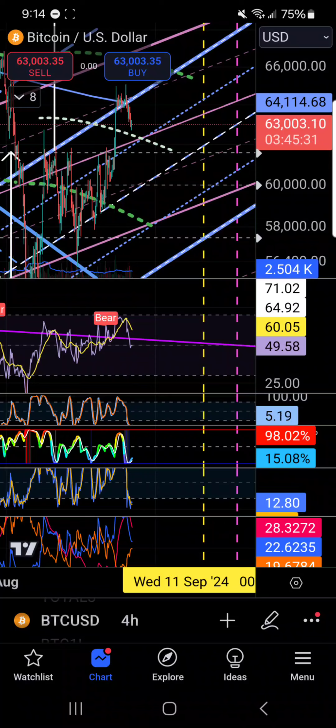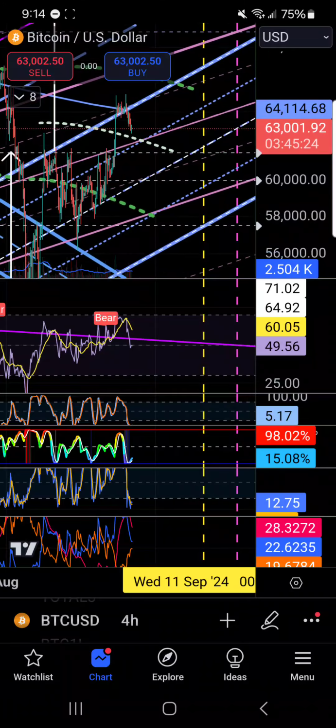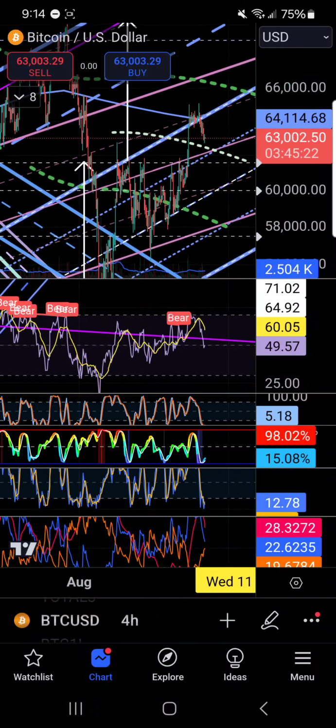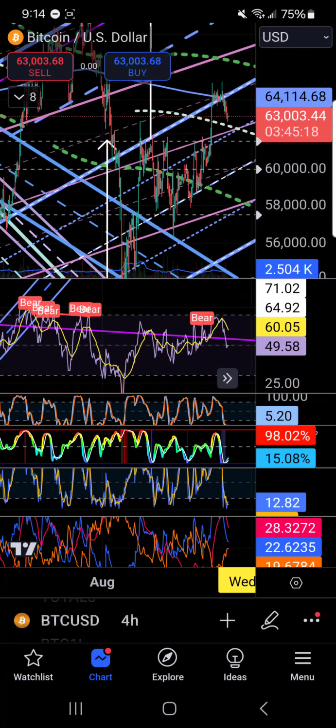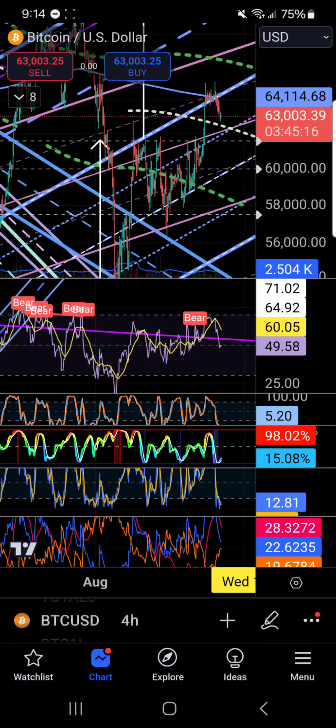Here we are looking at Bitcoin US dollar index on the 4 hour time frame. And you'll be happy to know that I did remove a lot of my lines. Although it looks like there are a lot of lines here still, I removed a whole bunch of them. Anyway, last time we talked,